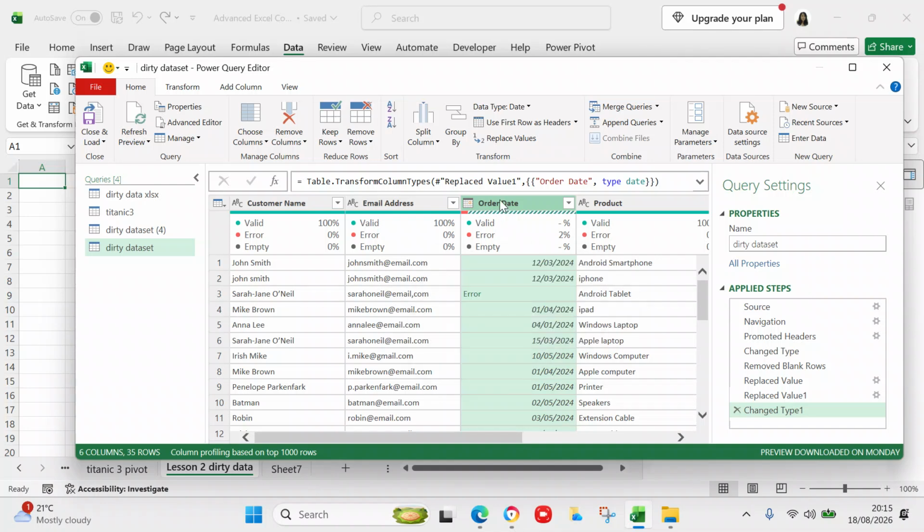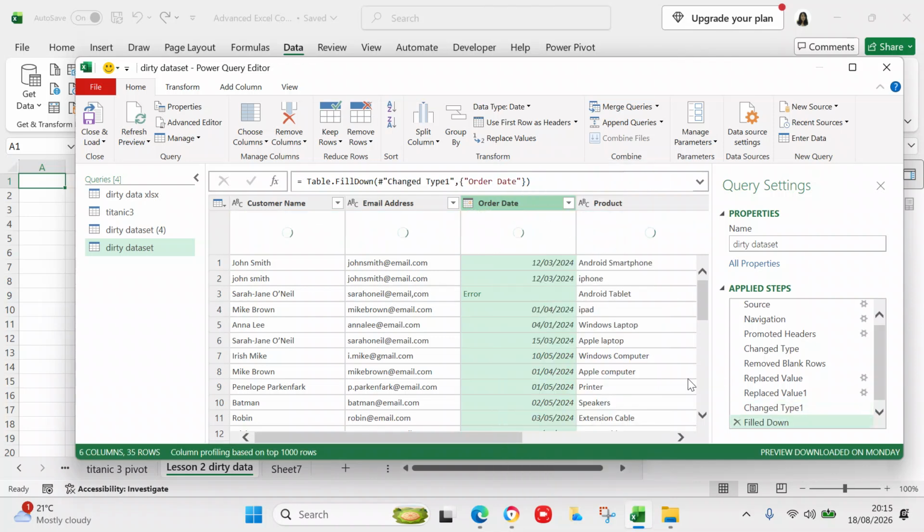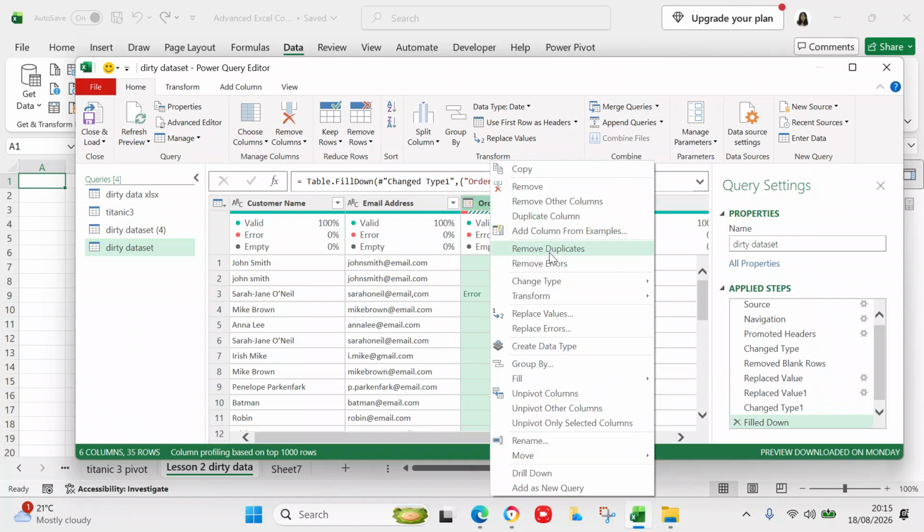So you double click onto, so now you've got something in error. So you double click onto order date, and you can say fill down. See what happens. Let's just see what happens. No, that didn't work. So I'm going to say